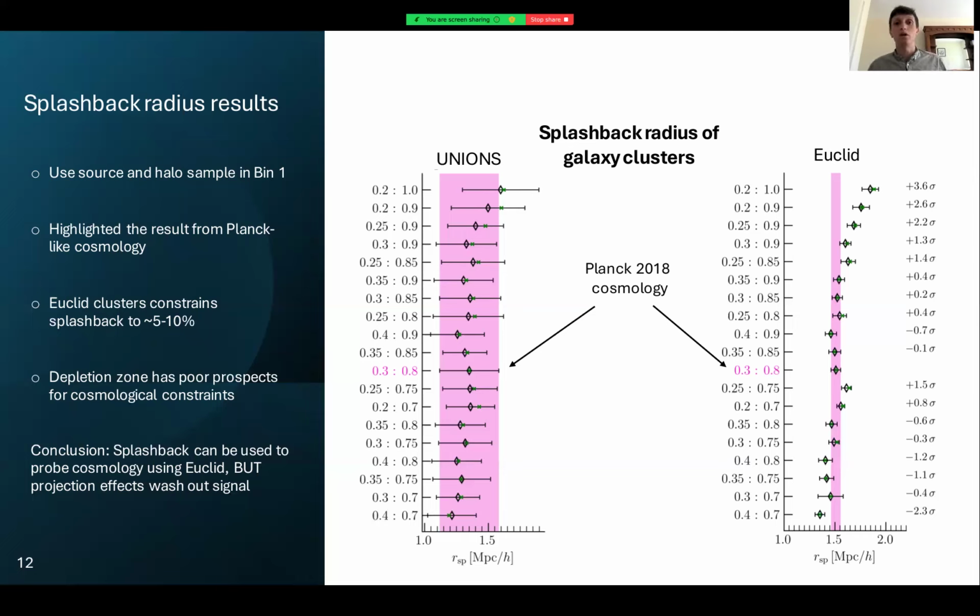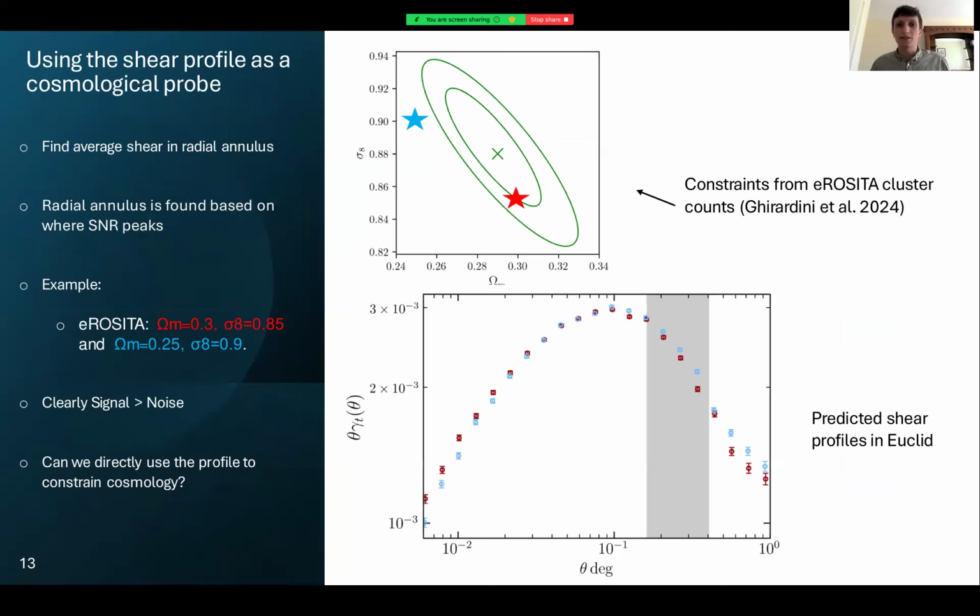So one of the conclusions of our work is that the depletion zone is not a viable method for cosmological constraints, just based on the different steps needed to obtain that radius from your observations dilutes error bars too much. So we asked, is there something better that we can do? Instead of performing all these fits onto the shear profile, which makes it noisy, can we do better? And the answer is yes, by not even attempting to fit the shear profile, but just looking at the amplitude